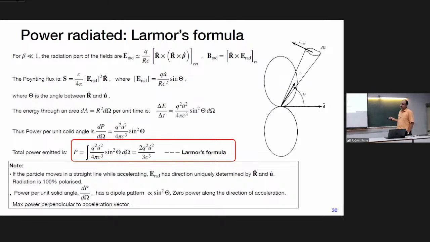It's called Larmor's formula. This is done for the non-relativistic regime. I'll soon go to the relativistic regime. I'll not show the derivation of it, but it's just a Lorentz extension. So for very small velocities, beta less than 1, the radiative part